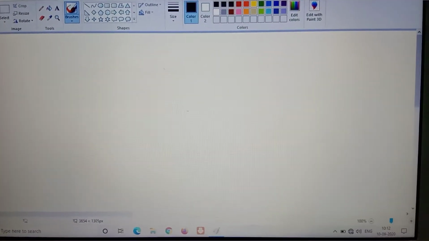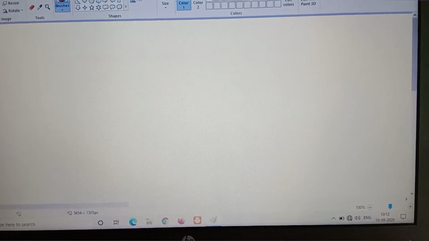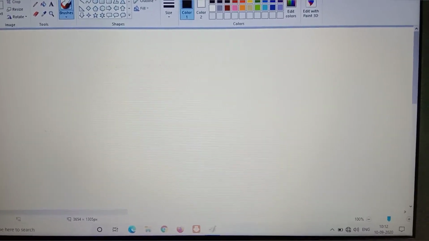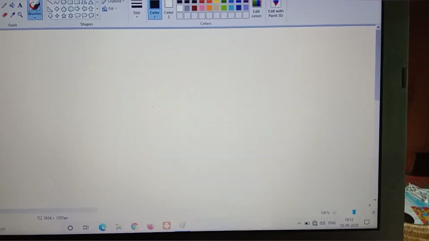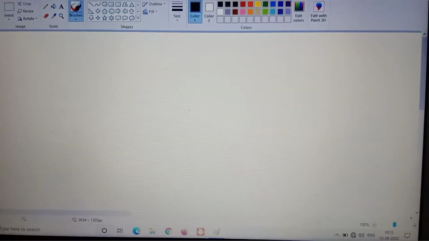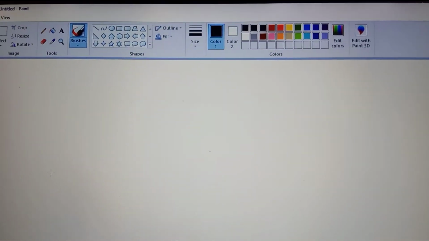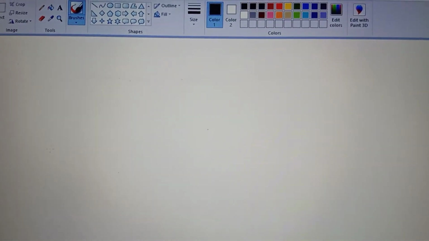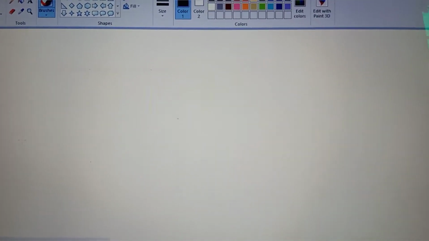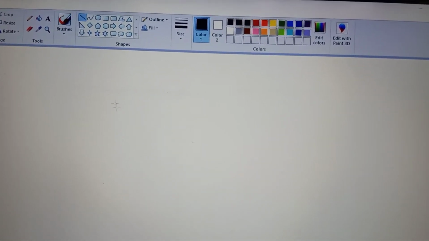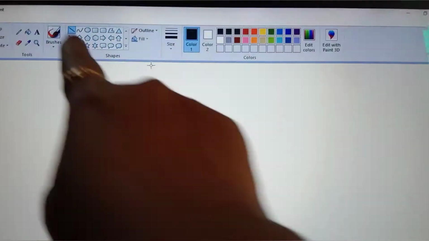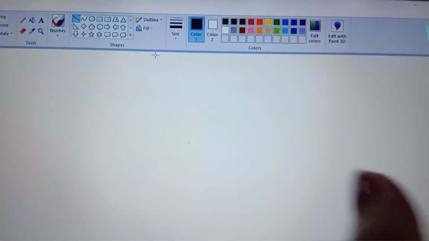Here I already told you how to draw the shapes and how to color them by using different tools and colors. So today we are going to learn how to draw a polygon. What does polygon mean? A closed figure having more than two sides. Let me give you an example. Suppose I take the line. These are the shapes, different shapes are present. By using them we can draw the polygon.